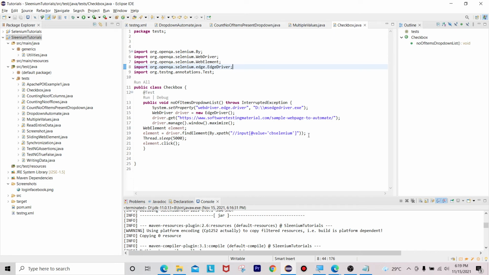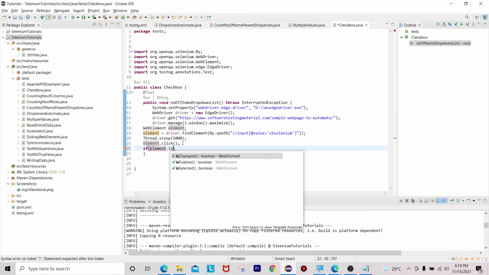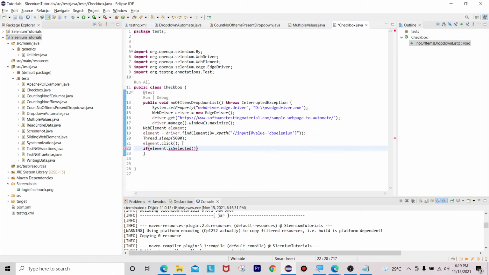So now what I am telling, I am going to check whether that checkbox is selected or not. See, you can see here we are clicking on this particular web element. Now I am going to check if element dot isSelected, what will it return?